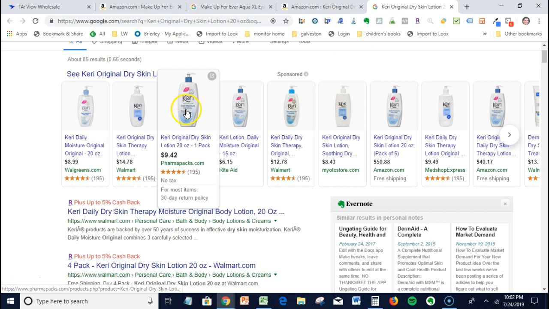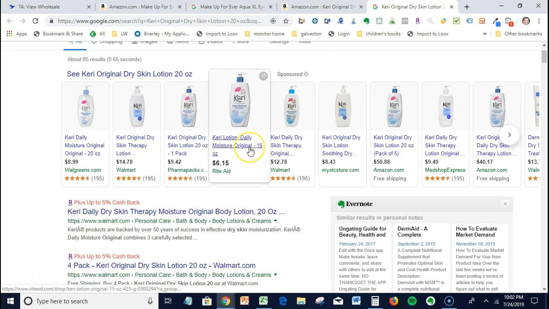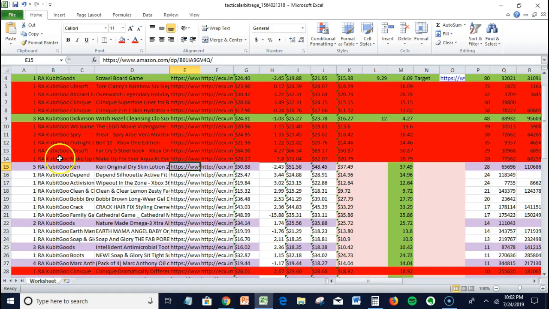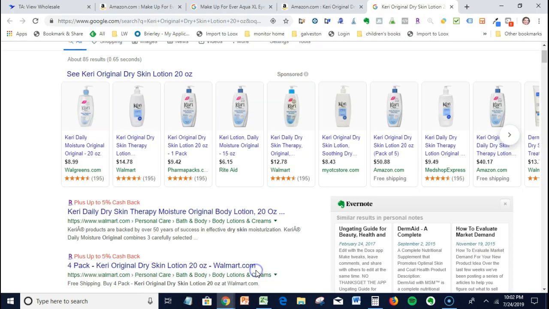That's something different. It looks like the one, but this looks interesting. It looks like that's it at Rite Aid. So, okay, let's look at our profit. Okay, so it's a 5-pack. So basically, we need to multiply that by 5. So if Rite Aid has it for $6.15, 6.15 times 5 would be, do the math real quick,